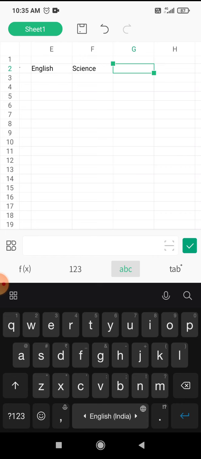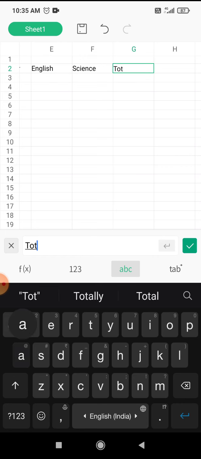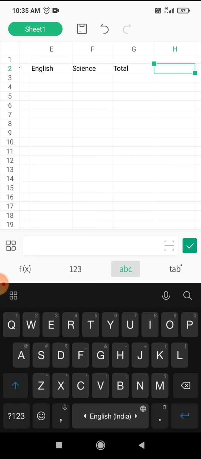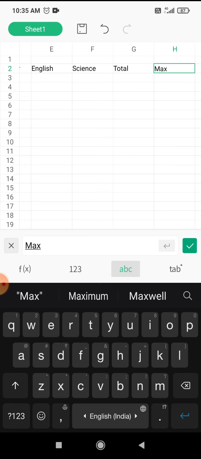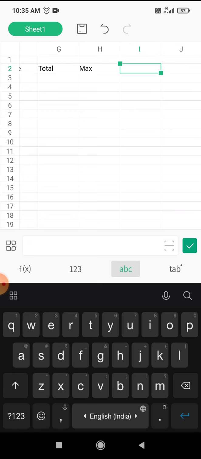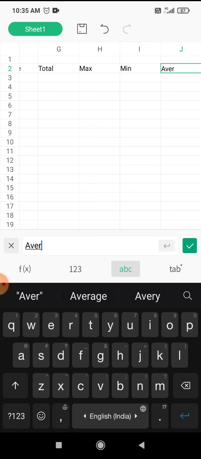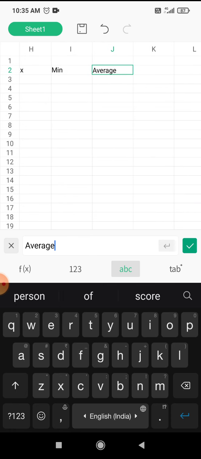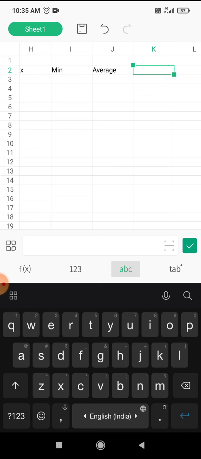After that I want to see the total. Next one which is max, min, average, and last column which is percentage.